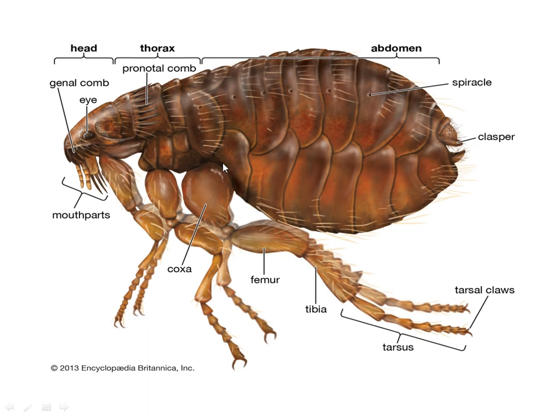You can see the flea, where on the under surface of the head you can see the presence of mouth parts. On either side of the head, you can see the compound eye, and there is a comb-shaped structure present on either side of the head, again a sensory structure. And the thorax